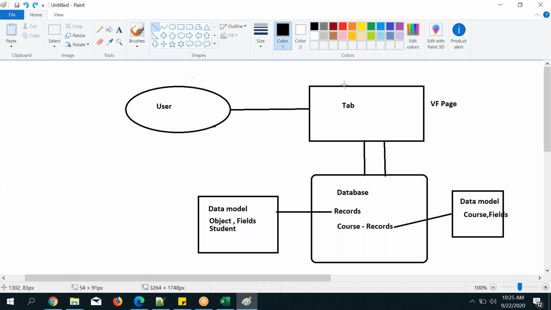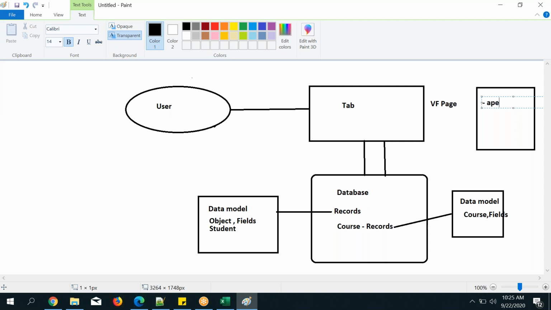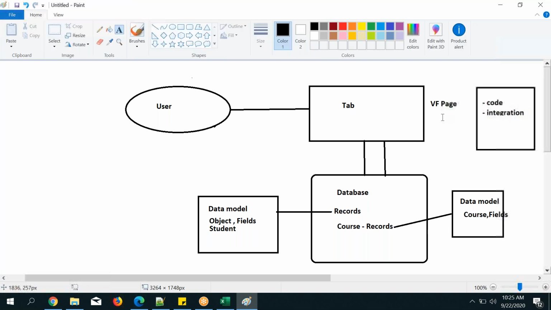One way is the tab, and another way is through code, and through integration also you can create the records in the database for these objects. And you can pull the data from the database through code also.